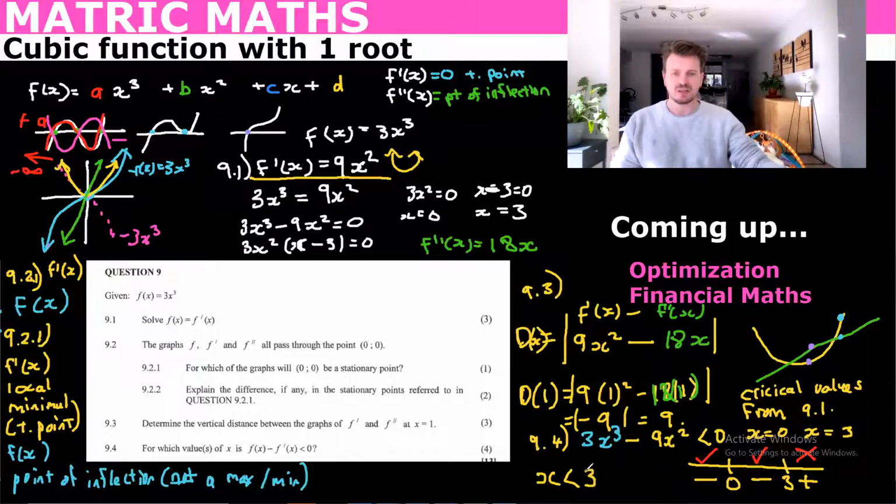But it can't be equal to 0, because remember, it's a less than only sign, so it can't be equal to. So we also must say that x cannot equal 0. Okay, so that's the answer for